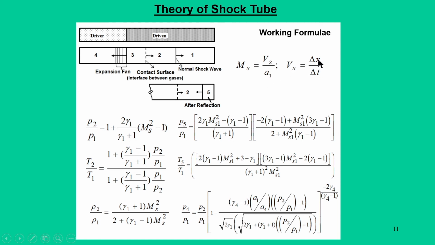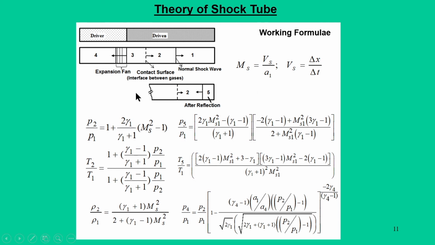We can first find the distance delta x by putting the sensors at those locations. We can calculate time from the pressure transducers. So, distance by time will give you the shock velocity, and we know the speed of sound, because we know the conditions in the laboratory, so we can get the speed of sound and the shock Mach number. Once we get the shock Mach number experimentally, all the analytical theory can be developed through moving shock analysis, and in fact, it is unsteady analysis.